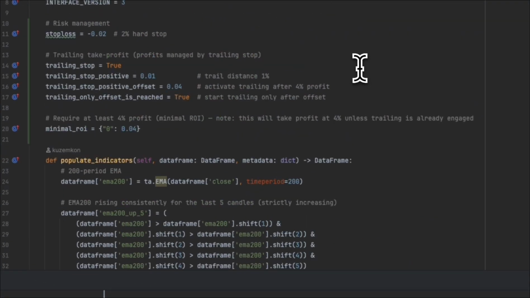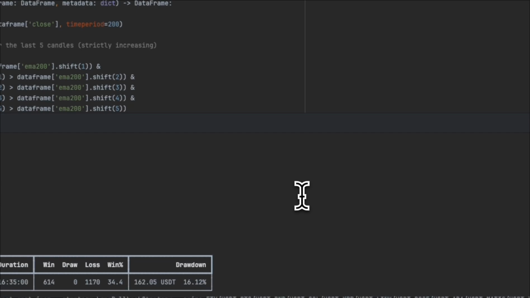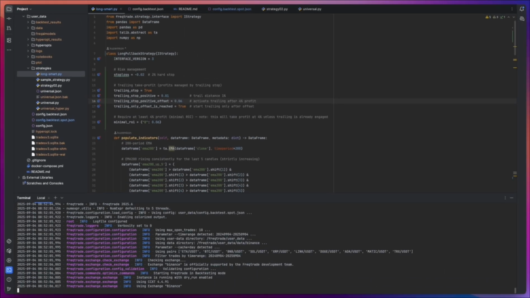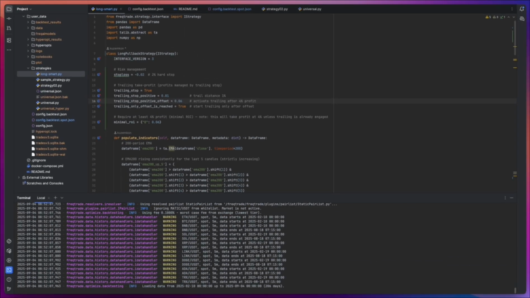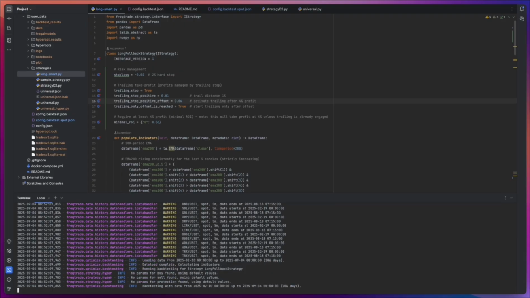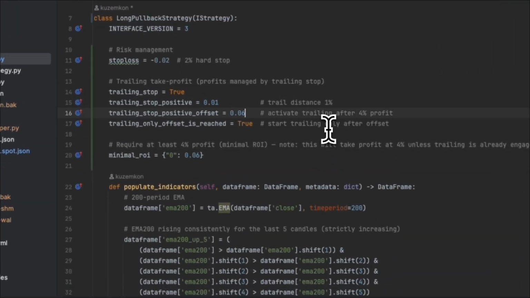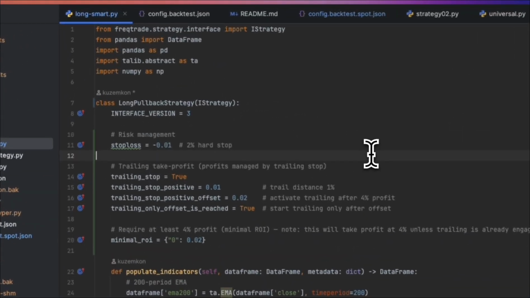What I can do, one more adjustment to play around, is let's increase to 6% and make this 6% as well. So we apply a minimum profit of 6% and see maybe it will change something. I'm not sure because we're using trailing stop, but let's give it a try. No, it does not. So basically the 4% was the most optimal one. We can also try to decrease. We can do 1% and 2%. No, that's not good. So basically 4% and 2%, this is the best parameters for that, and we got insane